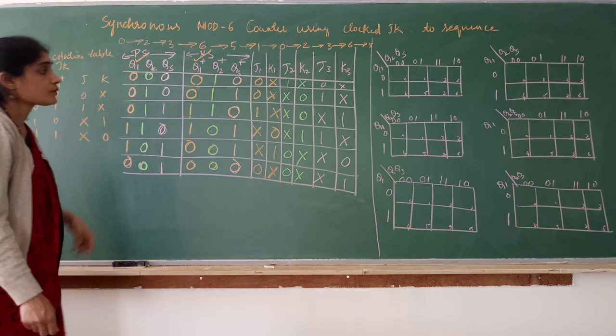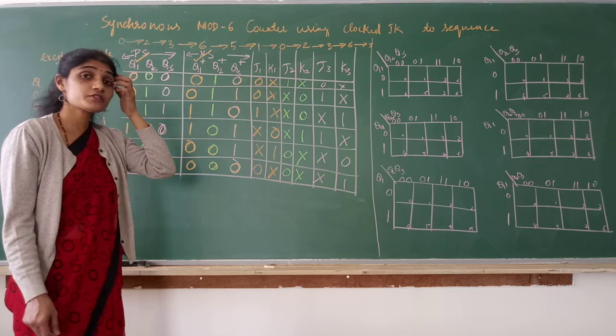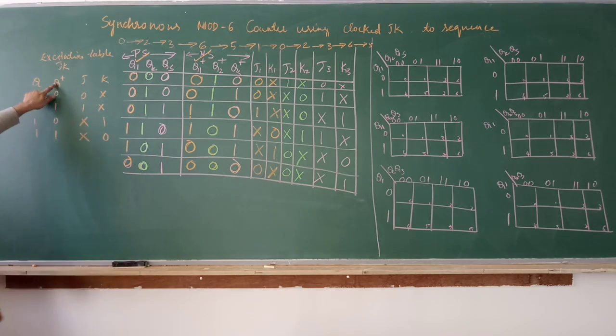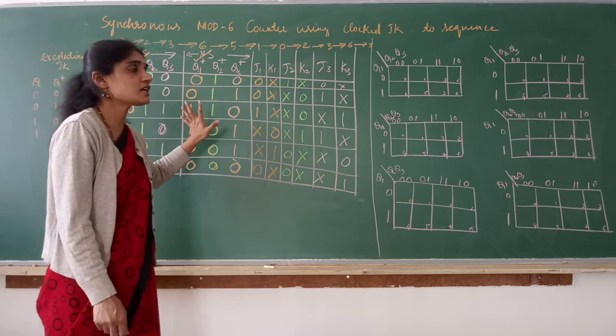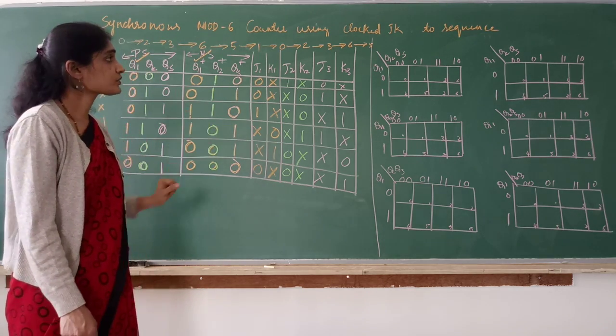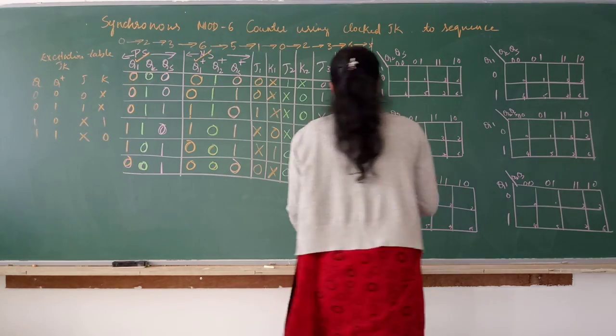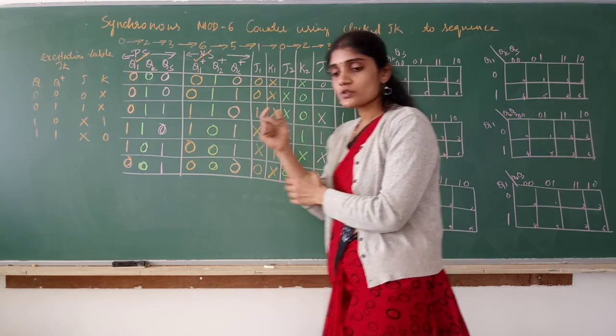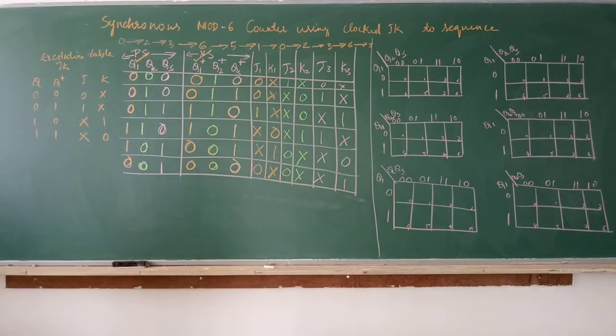Okay. So when I explained the excitation table of JK flip-flop, at the start I had taken it reverse. Hence we have got the JK values also reverse. But when you write it generally, write Q first, Q plus next. So this is the excitation table we have for JK flip-flop. Looking at that, we have written the excitation table for the mod 6 counter. So now next job, I think you are very familiar with this. Next is using K-map to simplify, to get the equations for JK flip-flop, JK inputs. Correct?